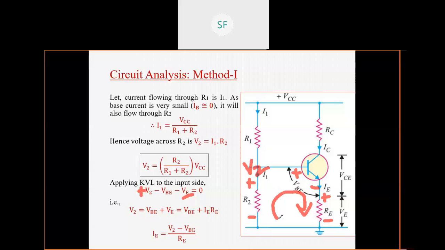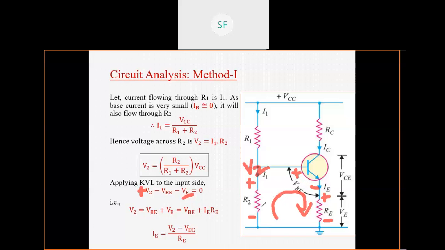Okay, so we are moving like this again. Plus V2. After that, the VB component is there. But what will be the polarity? First plus comes, after that minus. So you have to observe the last sign. Again the last sign is minus. Why? Because the last sign is given by this direction. You can apply the reverse direction also. There is no harm, there is no problem, but depending on that the polarity will change.